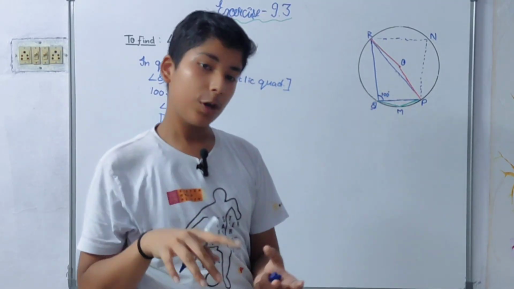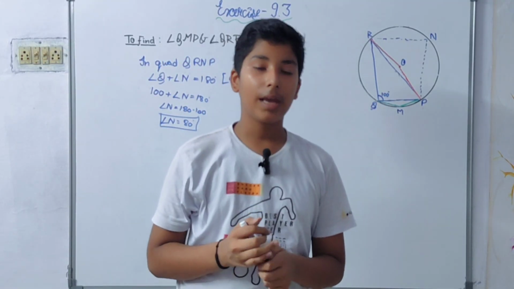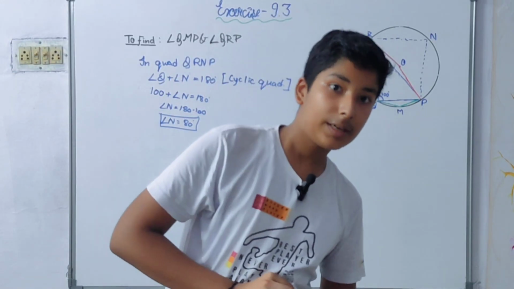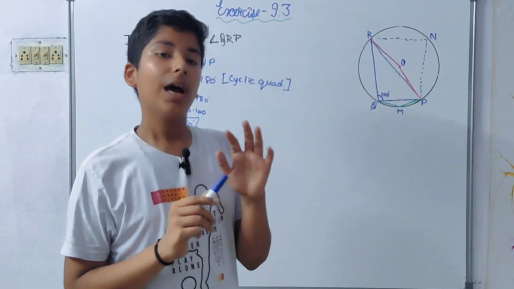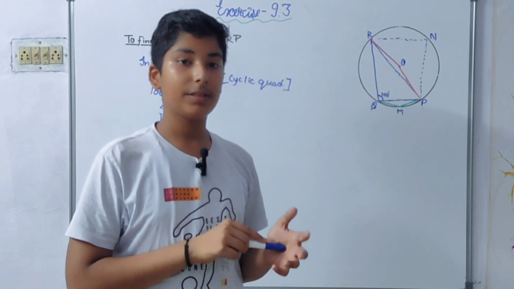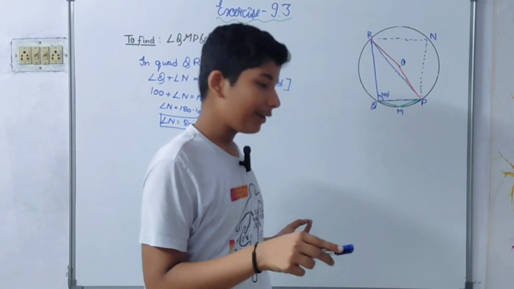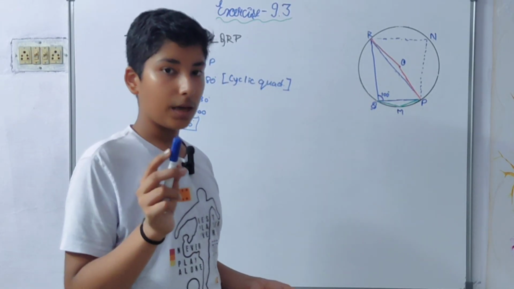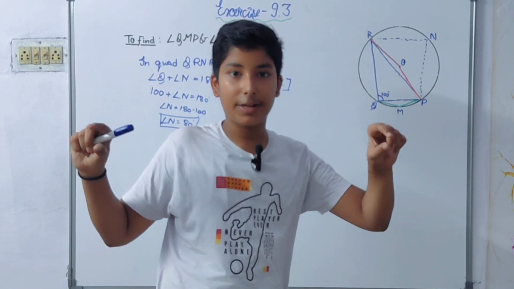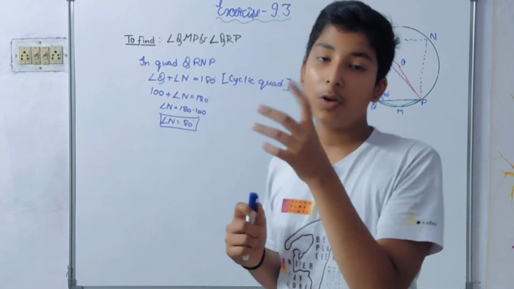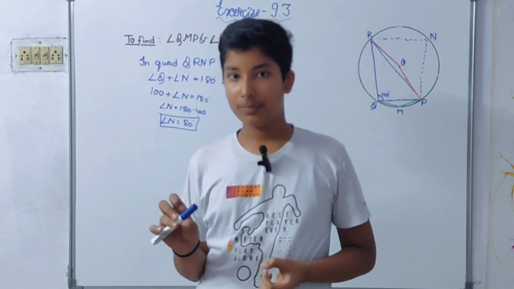Now, since I have already told you the property, the angle subtended by the arc in center is double the angle subtended by the same arc in any other part of circle. So, I'll not write it again and again. I'll just write angle subtended by an arc, only this much, and then dot dot dot. But in exam, you'll have to write the whole sentence, the whole property, whenever you have to apply it, again and again.